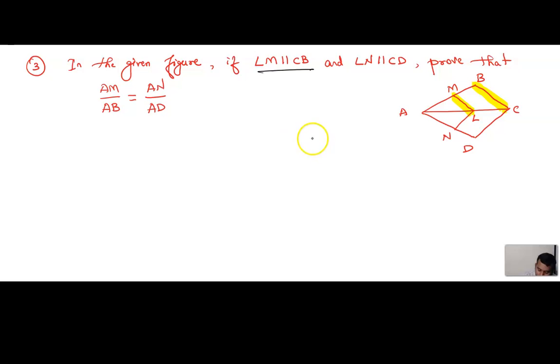So where is LM? See, now this is my solution. See here what I am doing. I am taking this LM side outside. This LM is parallel to CB or BC. Correct? देखो बेटा ये दो पैरेलल नहीं. अब ये दो पैरेलल है, if these two sides are parallel, इसके opposite में जो point मिलता, this is my starting point. So this is my first figure. This side is parallel to this side. Any doubts? Next condition. What is the next condition?